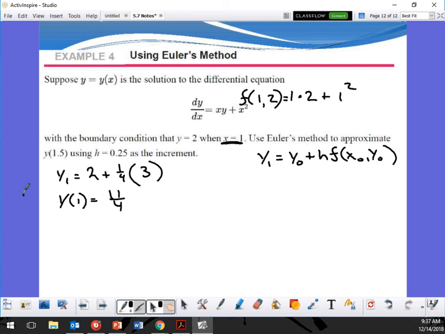So this next one, y of 1.25, is equal to y1, so 11 fourths plus